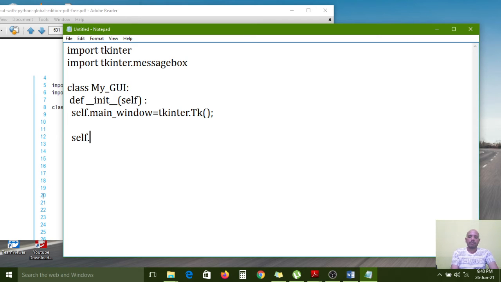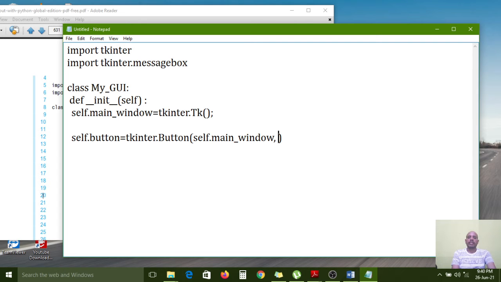self.button equal to tkinter.Button function. Here we need to pass the main object. So where will the button be placed? In the main object. So we need to pass that main object here.